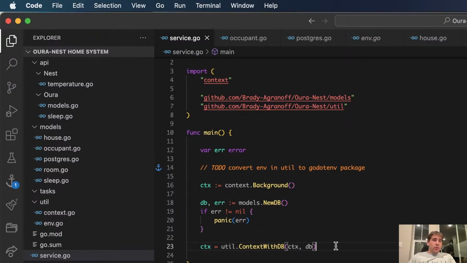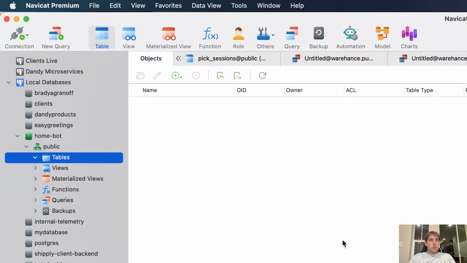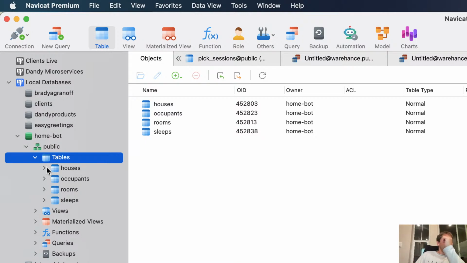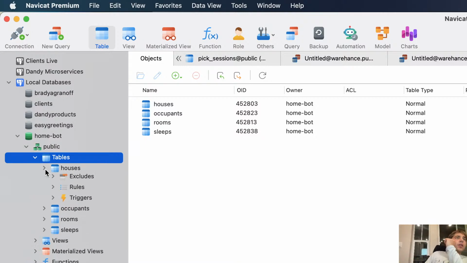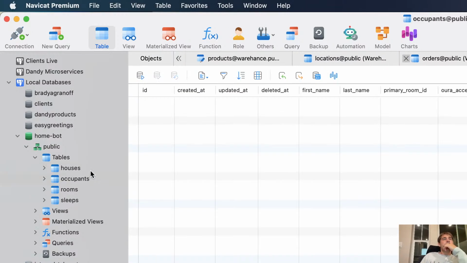Let's run this and see. Service go. Should be quick. And let's see if it creates the database. Nice. Lovely. Should be nothing. That's pretty sweet, actually.